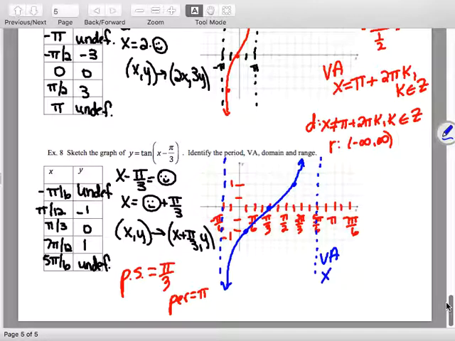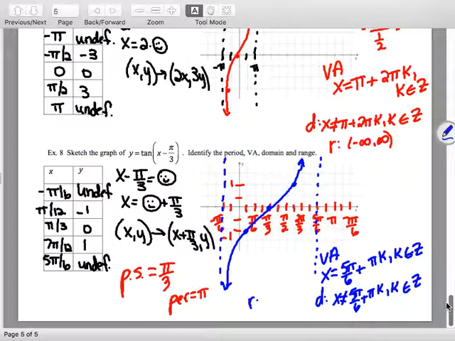So then the first positive vertical asymptote is 5 pi over 6 plus my period times k. Then the domain is x can't be that value. The range is negative infinity to infinity. Again, my period length was pi, and I did have a phase shift of pi over